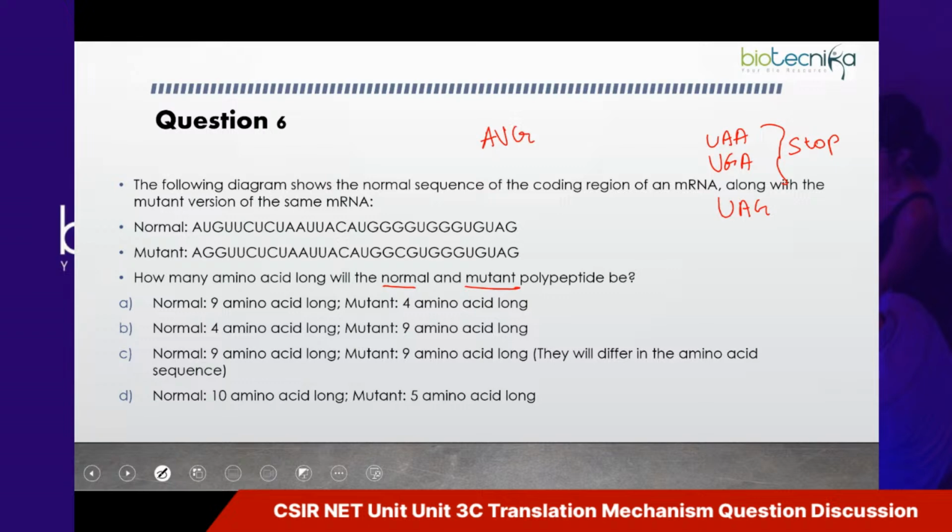In the normal one, AUG is the first codon. AUG codes for an amino acid, which is methionine. In prokaryotes, it is formyl methionine that is added; in eukaryotes, it is the regular methionine. So here is one amino acid for that. Next group of three, second amino acid. Third, fourth, five, six, seven,